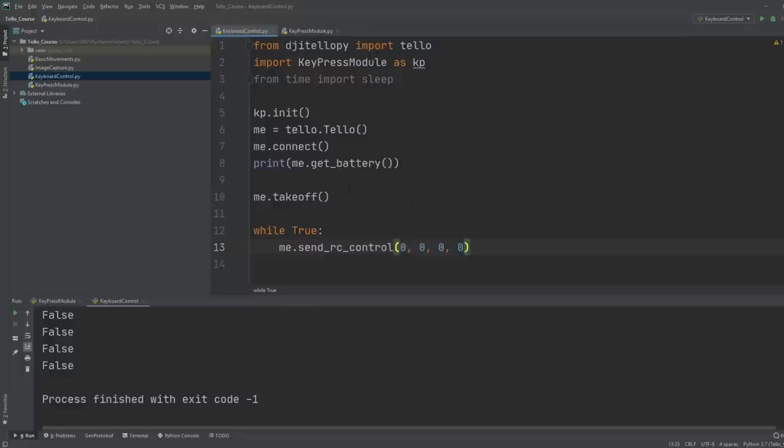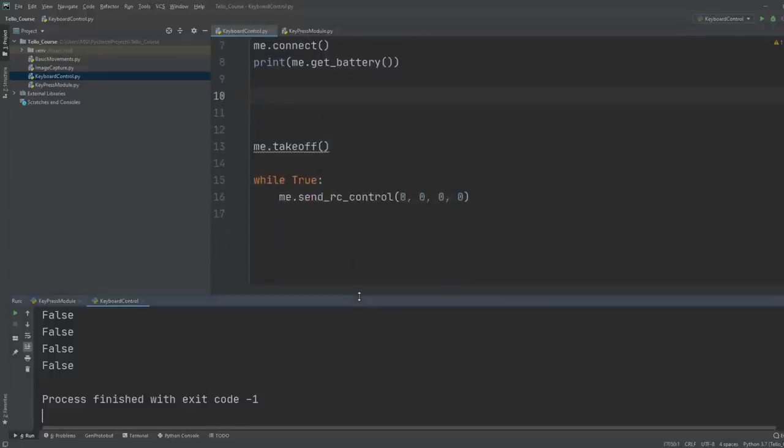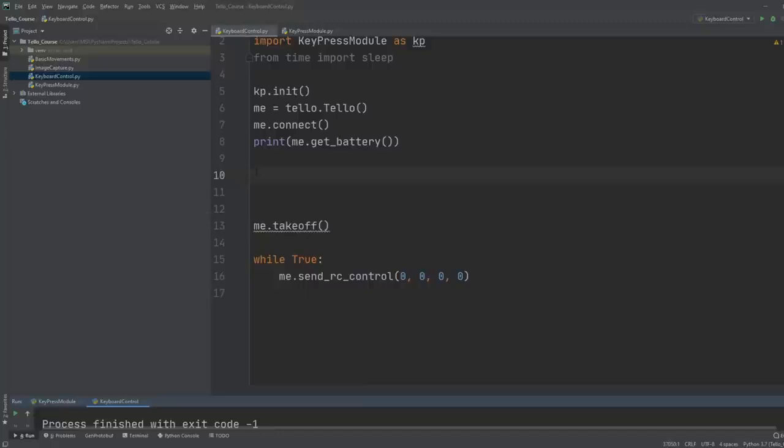If it's pressed, then we will change these values, based on which of the keys were pressed. So we can write a function here to check the key presses. So let's call it get keyboard input,